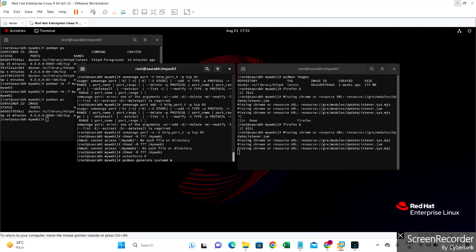Like here I can give the container name my web3. It means my web3 will run when I start my systemctl command. Okay, so the overall idea behind adding it as a service is so that we can control it like other normal services, like HTTPD and any other service. So I have given the container name and